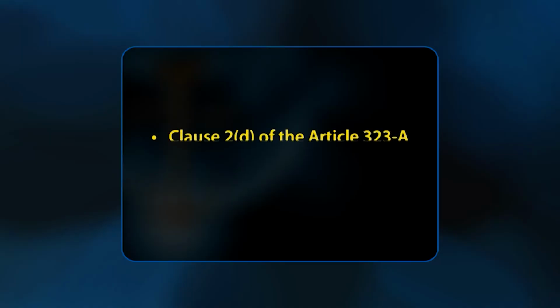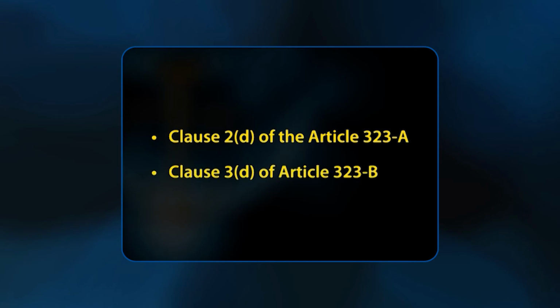Hence, they cannot be considered full and effective substitute for the superior judiciary in discharging the function of the constitutional interpretation. Against this backdrop, the court came to the conclusion that administrative tribunals cannot perform a substitutional role to the High Court, and it can only be supplemental. Therefore, clause 2d of the Article 323A and clause 3d of Article 323B of the Constitution, to the extent they exclude the jurisdiction of the High Courts and the Supreme Court under Articles 226, 227 and 32 of the Constitution, were held unconstitutional, and the same exclusionary clause in 1985 Act, which contains exclusion of jurisdiction clause, was also